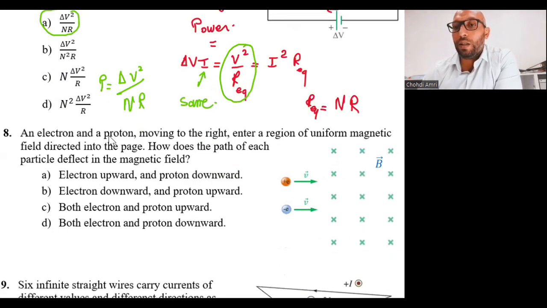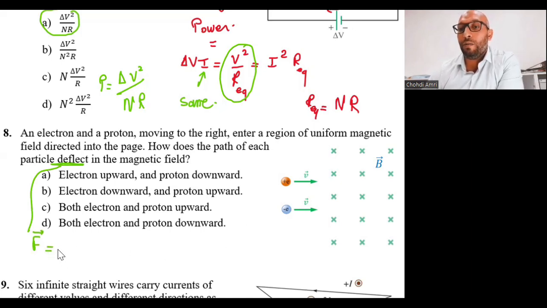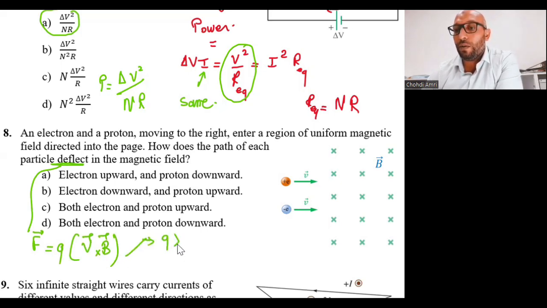An electron and proton moving to the right enter a region of uniform magnetic field directed into the page. How does the path of each particle deflect in the magnetic field? As we said, the deflection of the particle is in the same direction as the force. And as you know, the force exerted by the magnetic field on a charged particle is Q V cross B. As we said before, we have two different situations. The first one, if the charge is positive, F follows